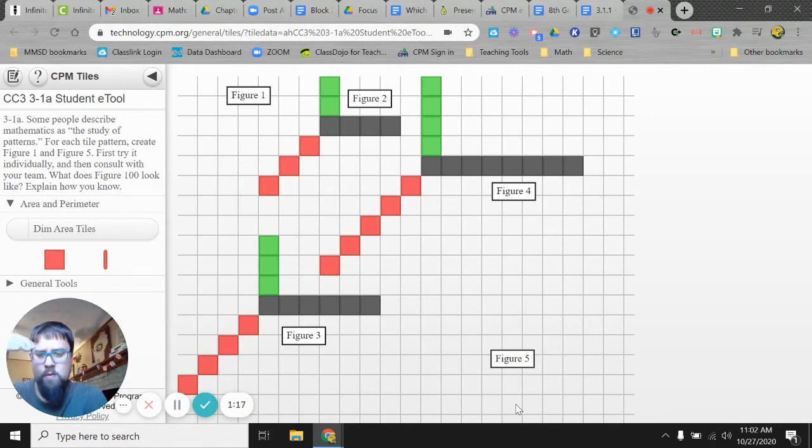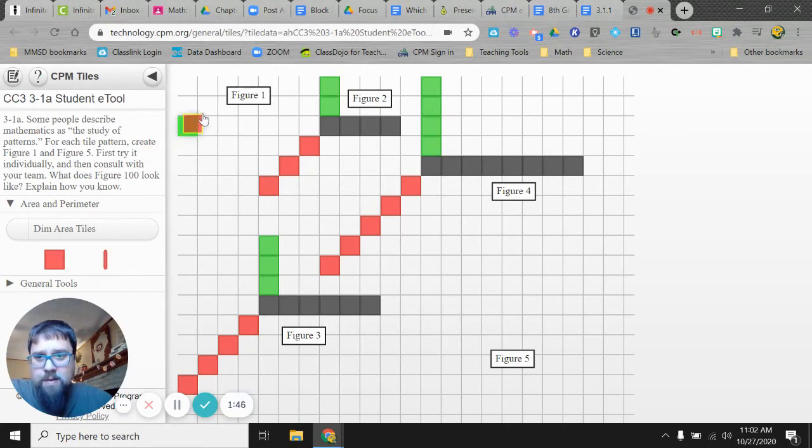The easiest one for me to see is actually the green portion, and I'm going to relate that to the figure number. So if you look at figure 2, the green portion has 2 tiles. If you look at figure 3, the green portion has 3 tiles. If you look at figure 4, the green portion has 4 tiles. So you can see that basically whatever figure number you have, the green portion is going to be that